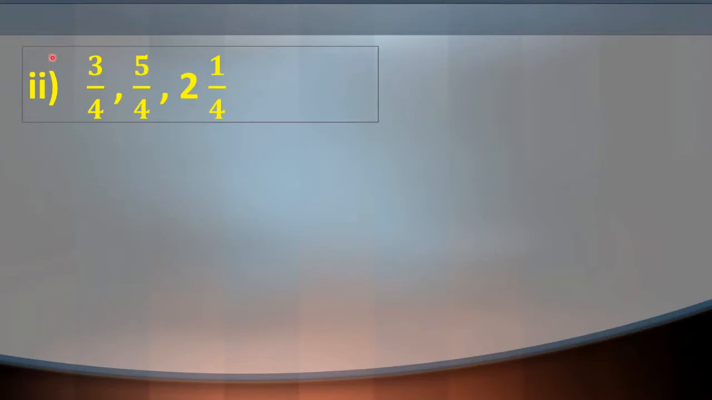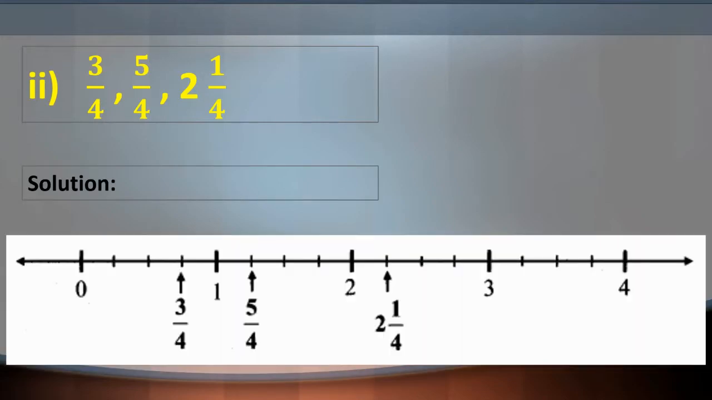Question number 2. 3 by 4, then 5 by 4, then 2 and 1 by 4. These fractions we have to show on the number line. So here you can see the denominator of the given fractions are equal. So let's see number line. See, on the number scale, every centimeter is divided into